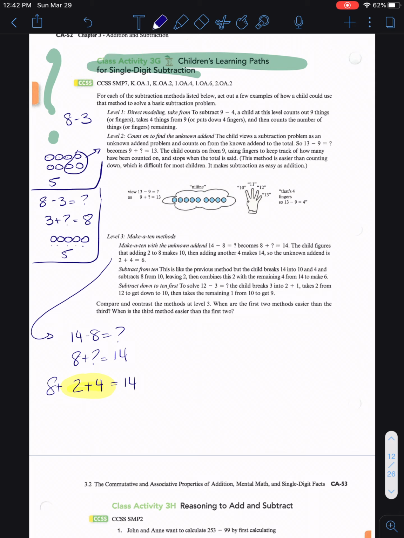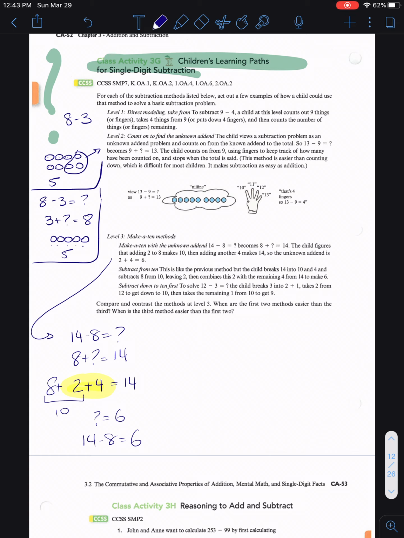So what we didn't know was 8 plus what is 14, and we got there through 2 steps. We added 2 first to make 10, and then we said to get to 14 we need to add 4 more. So now what we're missing is 6. So the question mark was 6. So 14 minus 8 is actually 6. This is a really powerful method of knowing where to start and knowing where to end,